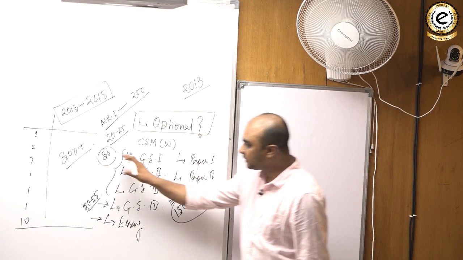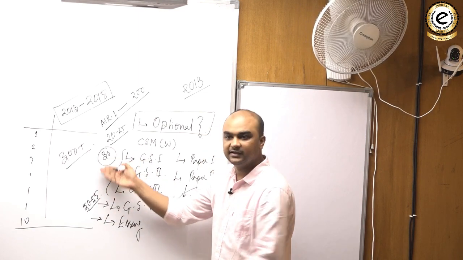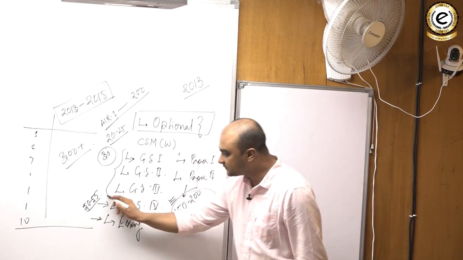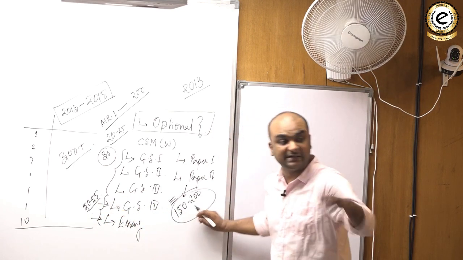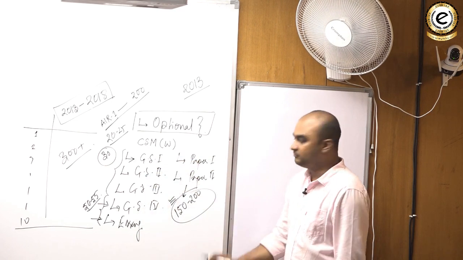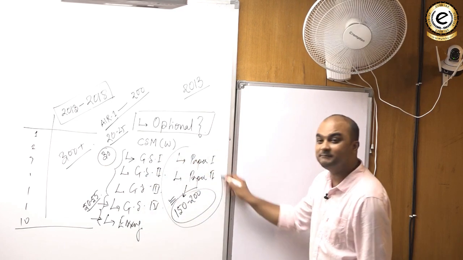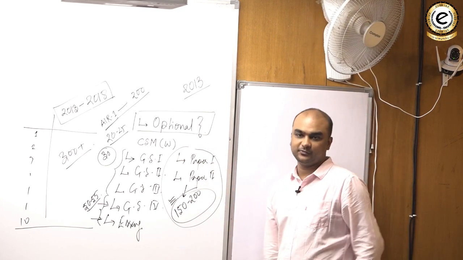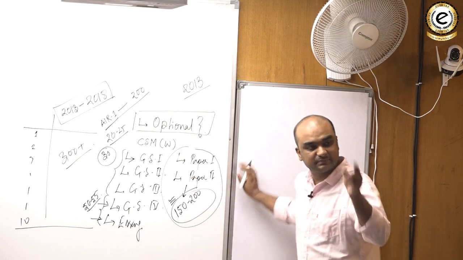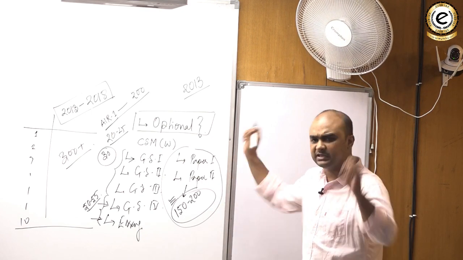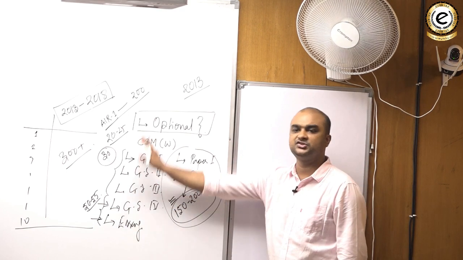You cannot take a significant lead in the GS papers or in the essay paper, though GS4 and essay give you a better lead when compared to GS1, 2 and 3. But optional gives you a magnificent lead. It makes the game for you. And one who does badly in optional breaks the game for that person, irrespective of their performance in GS.